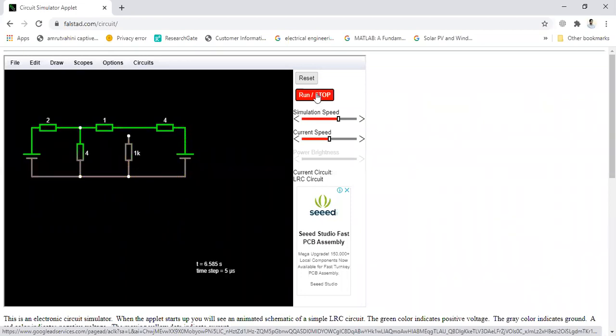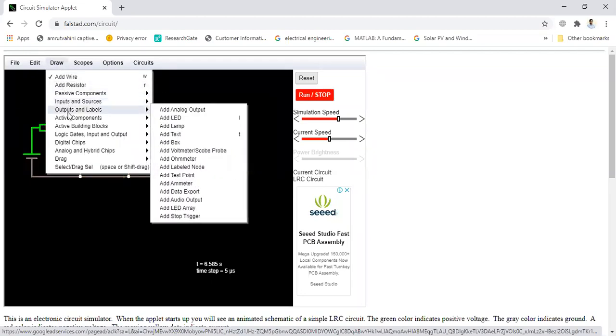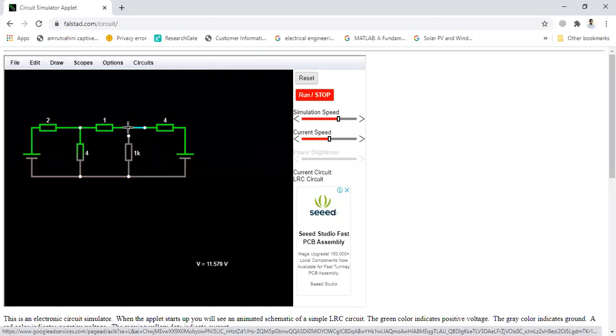I'll stop this running, and through draw inputs, outputs, we have the label to add an ammeter. So you can add an ammeter over here, and now I'll start the run.